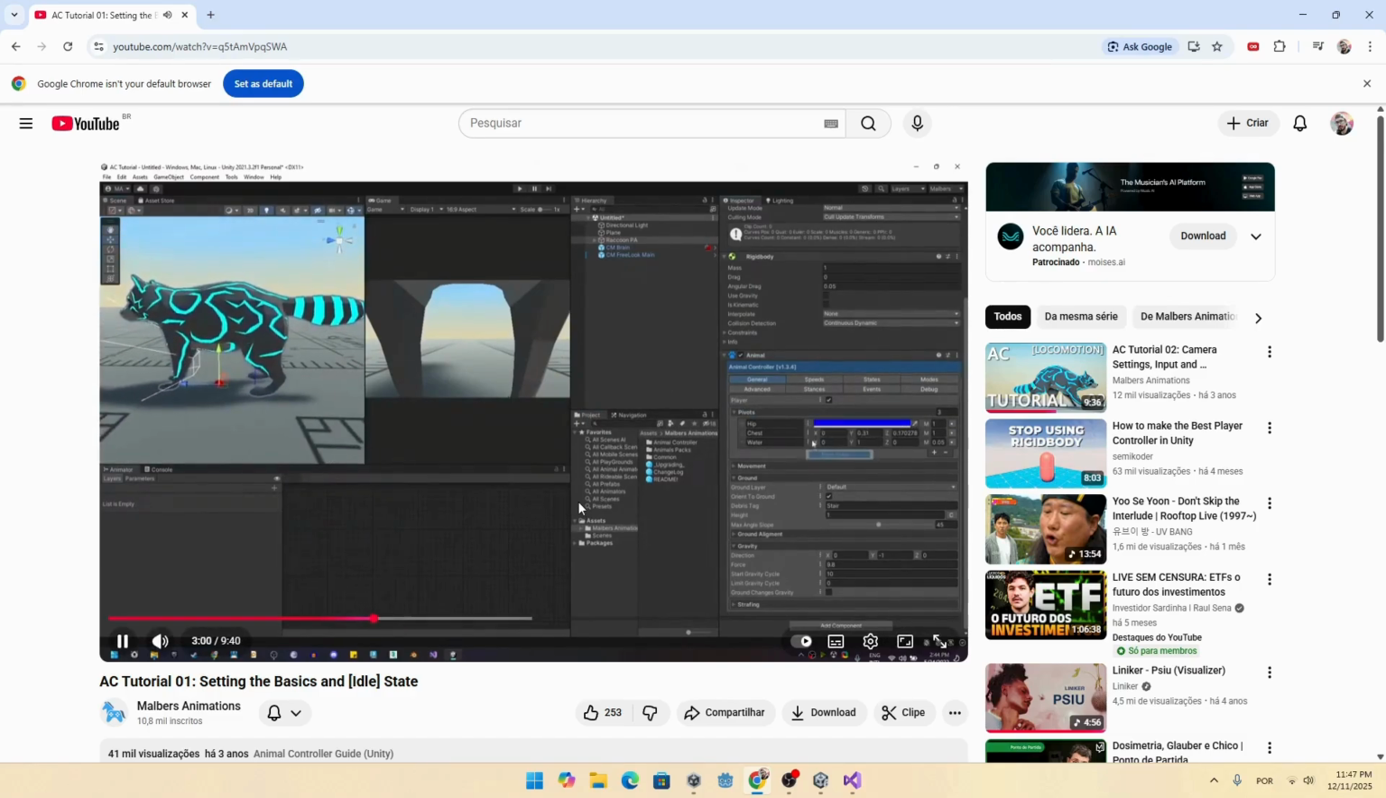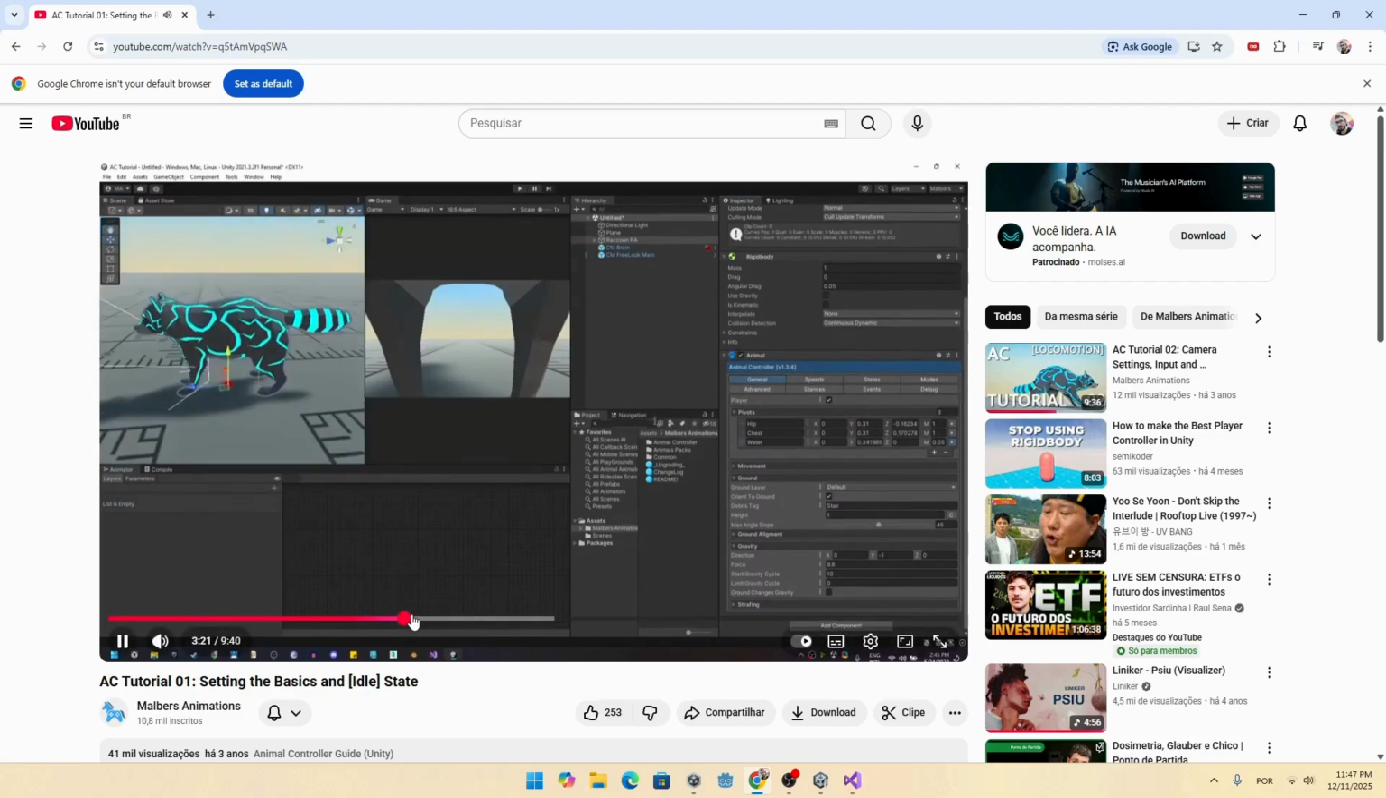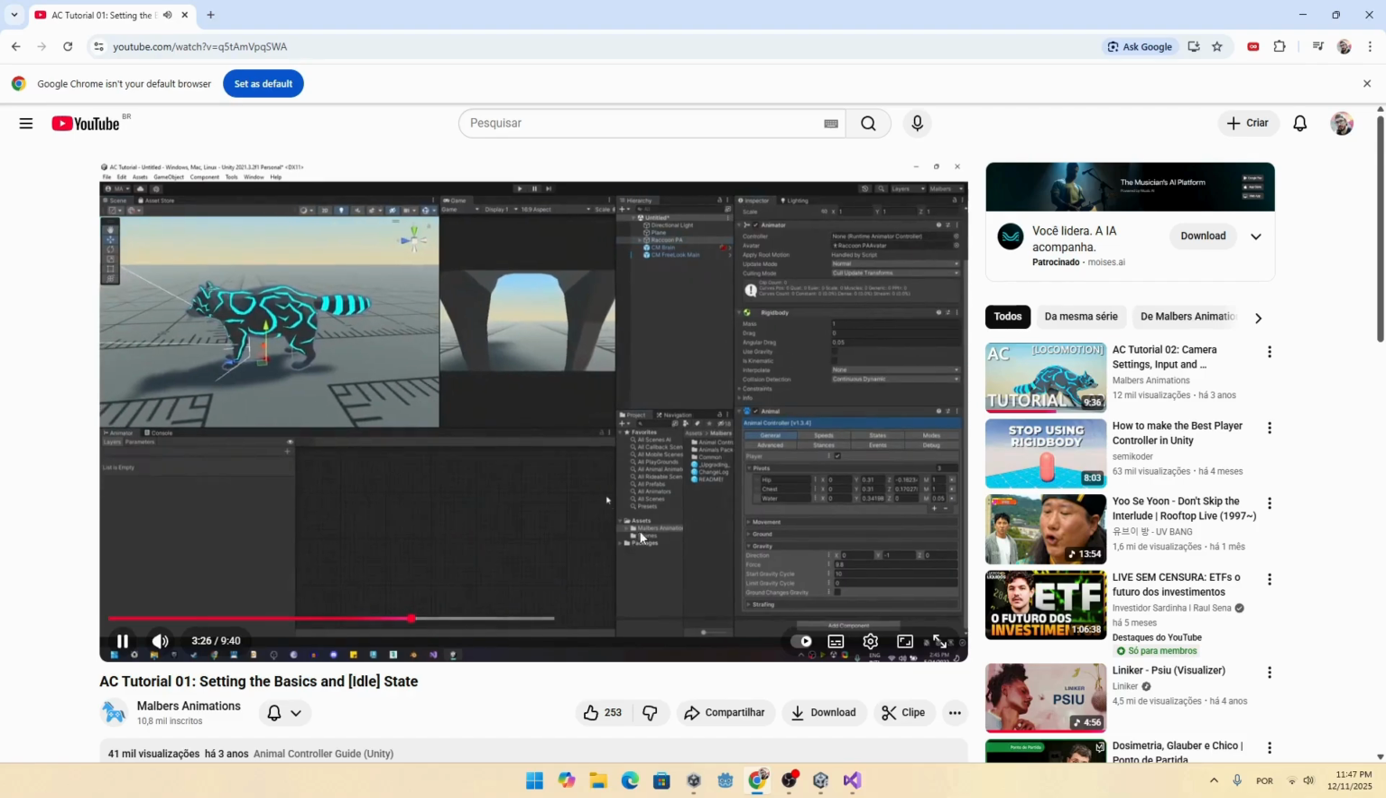You can change the color of the pivots by clicking on the context menu right here. Let me copy and paste and draw the spine of the animal. Now the next step is to add an animator controller. Now let's create